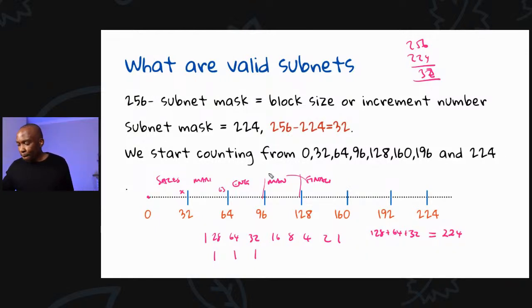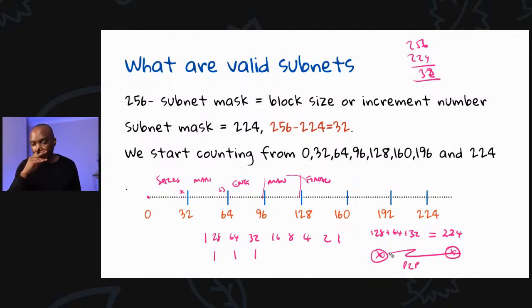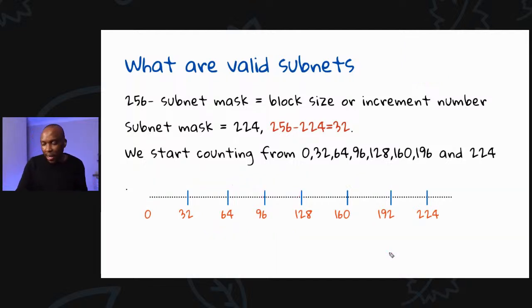I'll probably use some real estate somewhere at the bottom, probably you can see. This is a scenario that you find quite a lot in networks where we have point-to-point networks, right? Point-to-point networks use 2 IP addresses because these are 2 devices that are basically talking to each other. And you want to be able to come up with a subnet that just caters for that whole small portion. And this whole concept of subnetting allows us to narrow down to that particular point. But once again, we can't